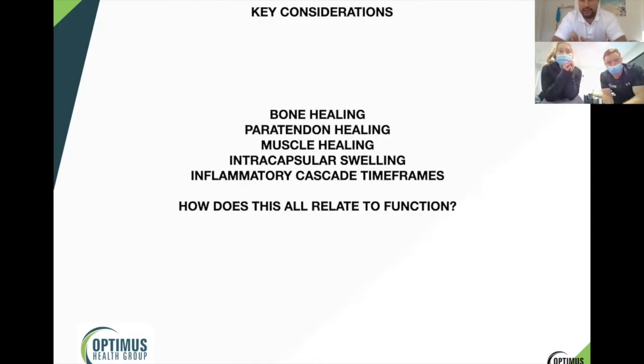So that's bone healing. Then the next questions are paratendon healing, the actual tendon healing, muscle healing, what intracapsular swelling is there, and then what is happening with the inflammatory cascade with all of these different structures, right? And this is quite often why, and this is relating back to function, we see clients come in and they've got swelling. And even after 4 weeks or 6 weeks, when they've got their gait patterns back and they're